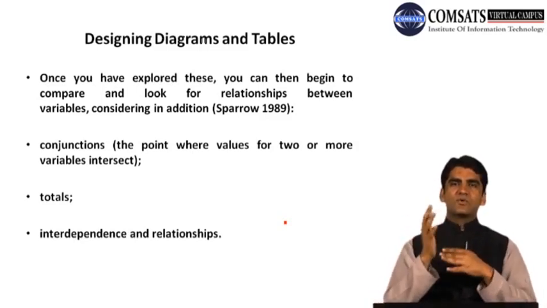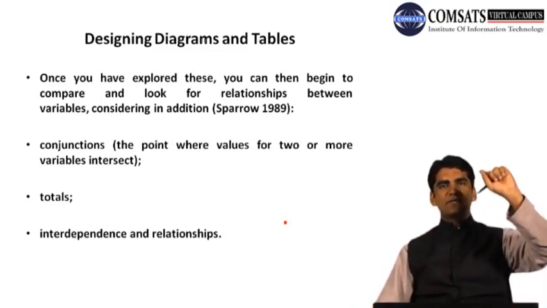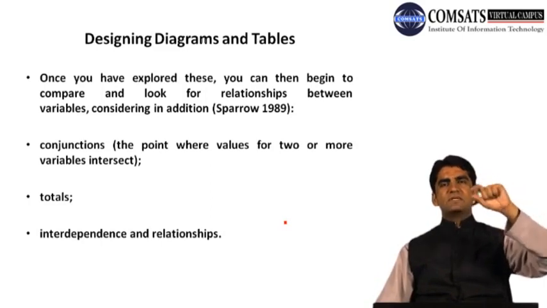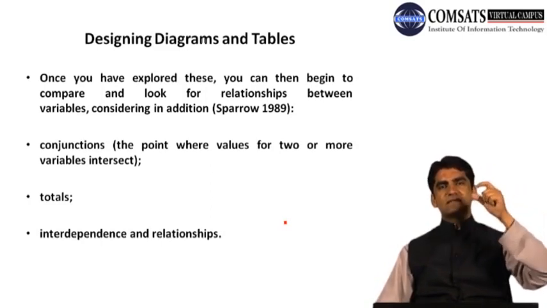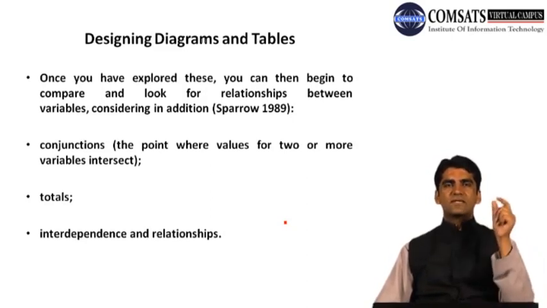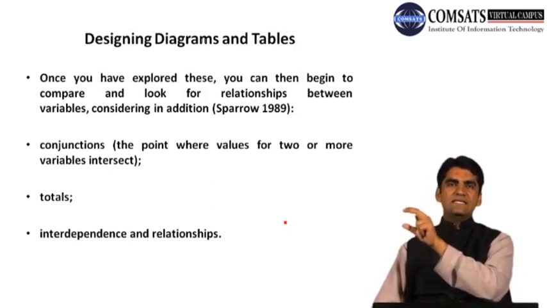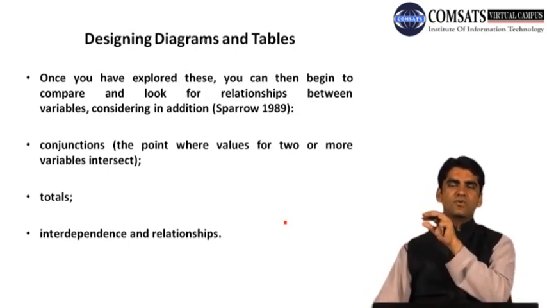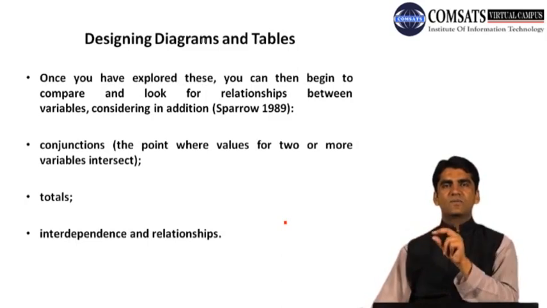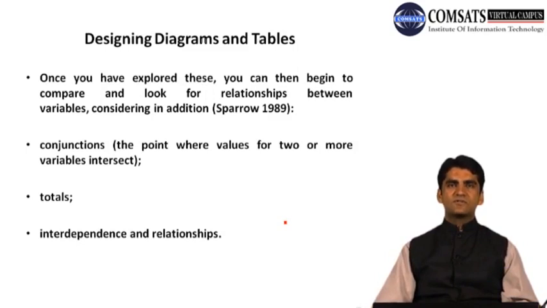Totals, what are the totals that are there? So you can see in our car example we have shown that this many people like hatchback, this many people like estate, and this many people like saloon. But in the end we can also give the total. So there were this many males and females in total, and out of these many people liked this and this and this. So what were the totals? That is maybe 200, 100, 150 and something like that. And then based on the total we can calculate ratios, percentages, differences and all.